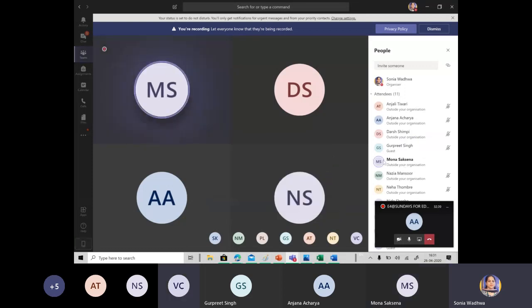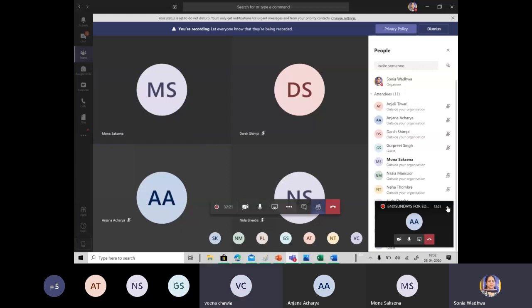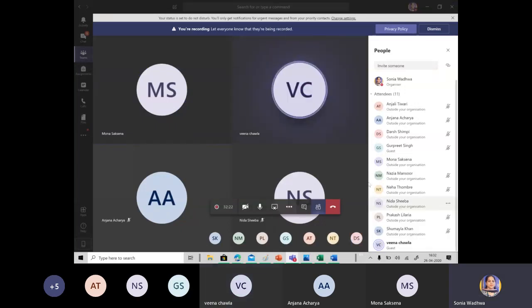Ma'am, is a mobile version of Loom available? Yes, ma'am. You can go to any browser on your mobile, open Google Chrome and take the extension for Loom, and then you can use it on mobile also. Okay, thank you so much. But since it is a tool to record lessons, it will not make much sense using it on mobile.